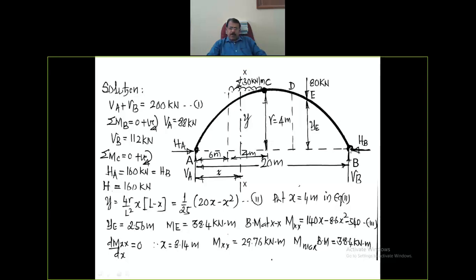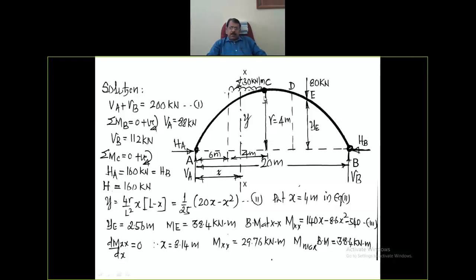And then taking moment about the point B, that can be mathematically written as sigma MB = 0, treating clockwise moments as positive. Write down the moments of all the forces lying between A and B and equate it to 0 about the point B. Solve for VA. VA works out to be 88 kilonewton. Once you obtain the value of VA, substitute that in equation 1 and compute VB. VB is equal to 112 kilonewton.